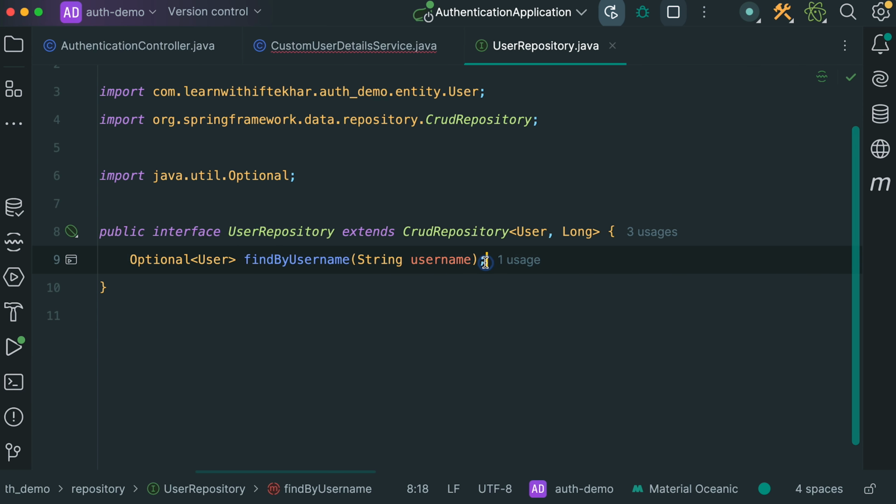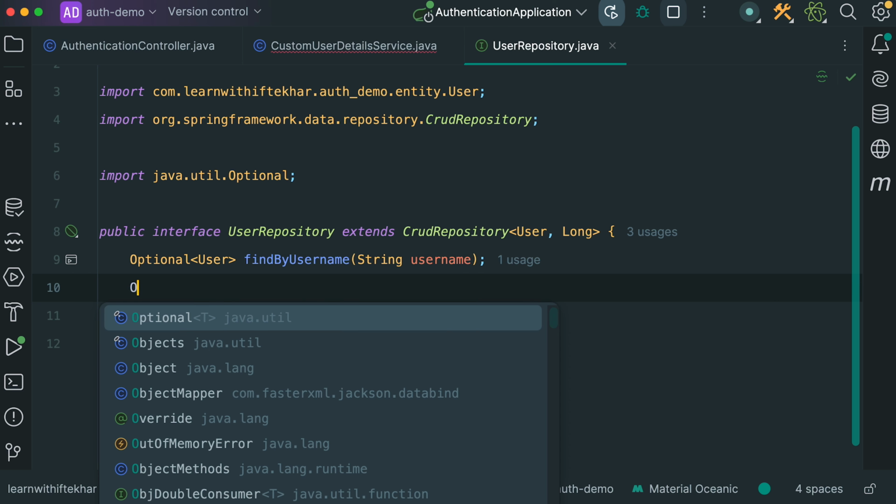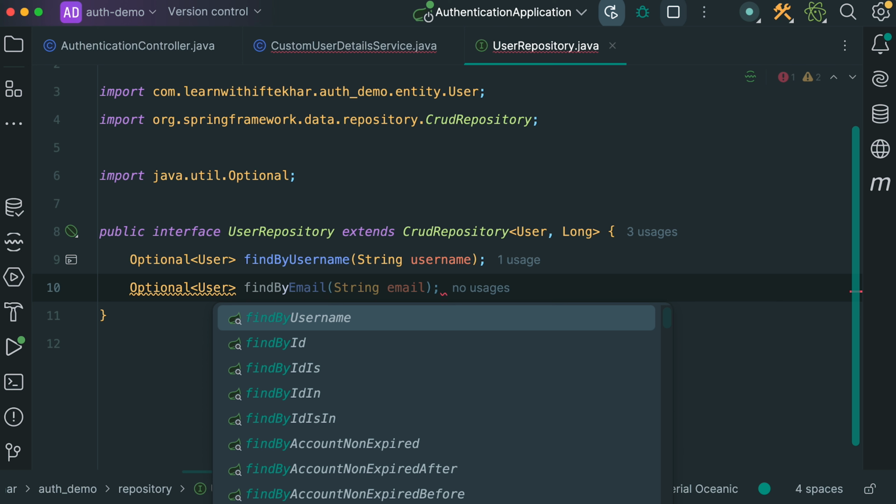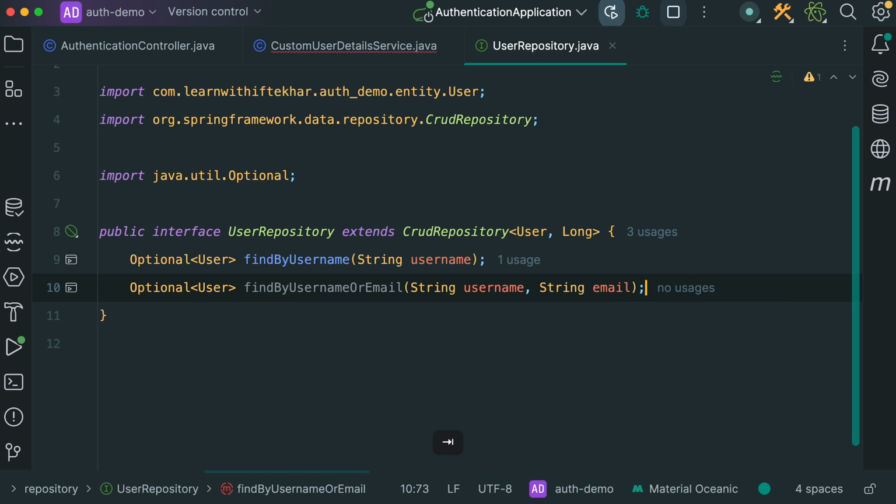Let's open our user repository. Here, create a new method: Optional user find by username or email. Give username and email as method parameters. With this method, we are able to query and check the database if the user with the email address or